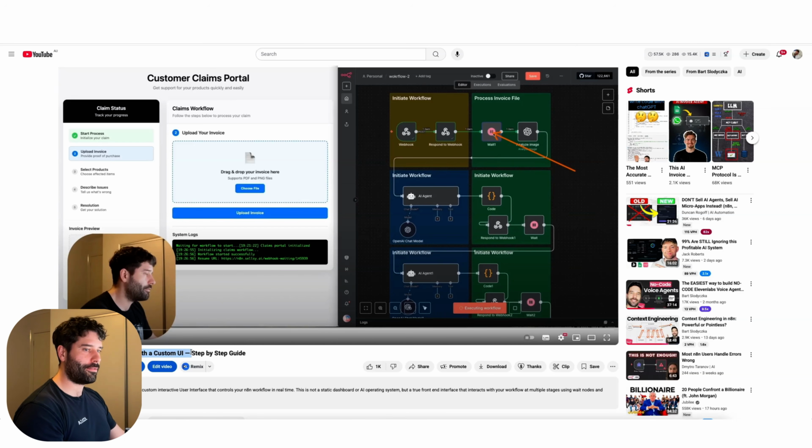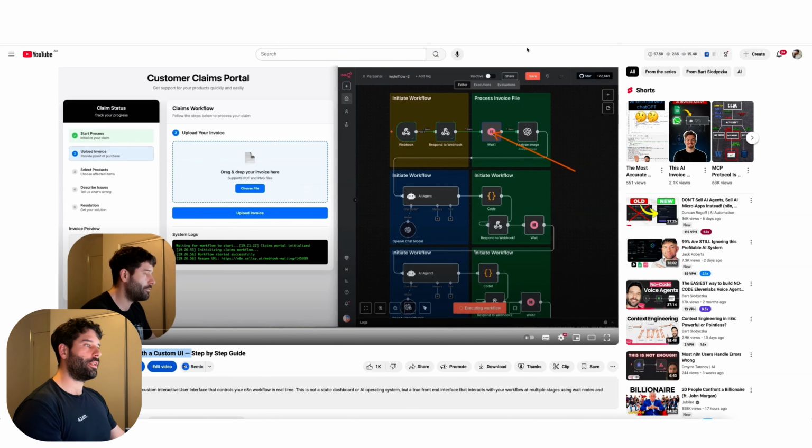So a few days ago, I posted a video about how to control any n8n workflow by using a custom interface. In the video, I demonstrated that on the right-hand side, we have this n8n workflow that has a bunch of different nodes. And on the left-hand side, we had this interface that I coded up using AI. It's just a HTML page that allowed you to drag and drop files. You can press buttons, you could enter in free text, and basically it was super interactive. And then whatever you sent from the front end, it would just go into this workflow and then be processed